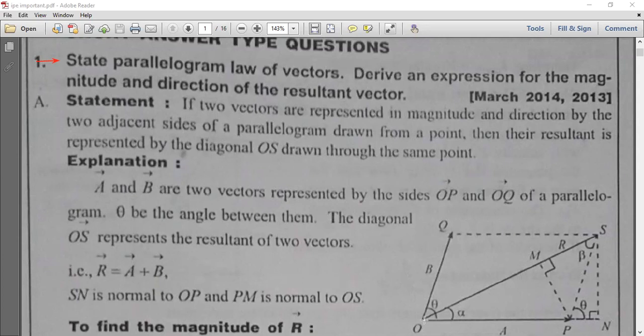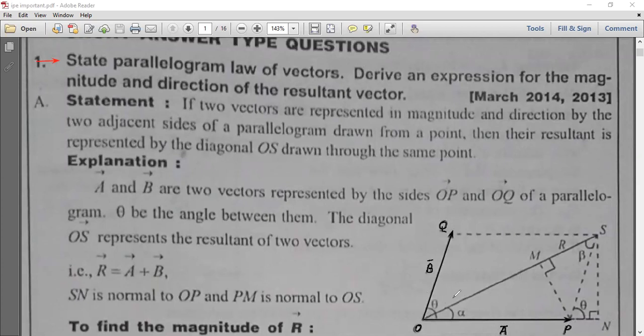See here, this is point O. From this point O, you are having one vector. Can you see? Yes, like this. And this is another vector. You can see here. This point is point O. You can see here. Yes or not? This is point Q. And this is vector B bar. Here it is vector A bar. And this point is P.